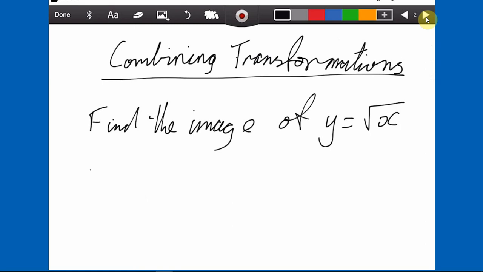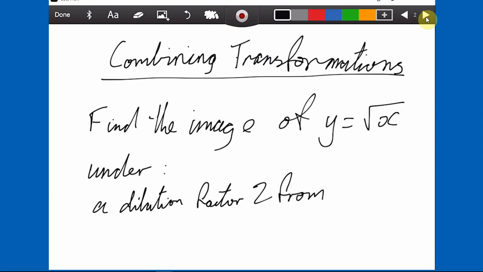Usually what they say under is just the word used. So I'm going to do two different ones. The first one here is a dilation factor 2